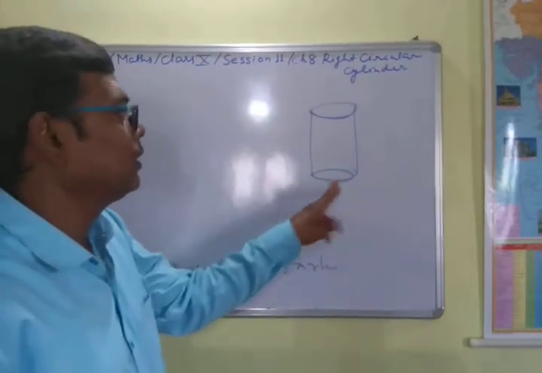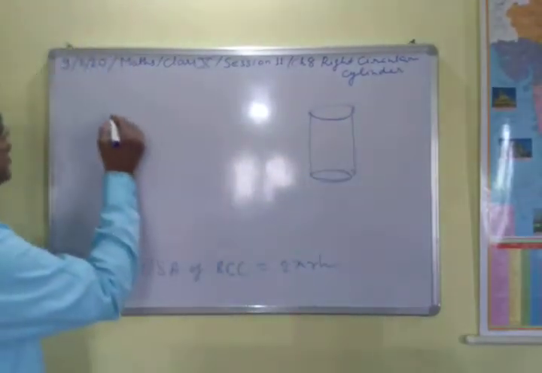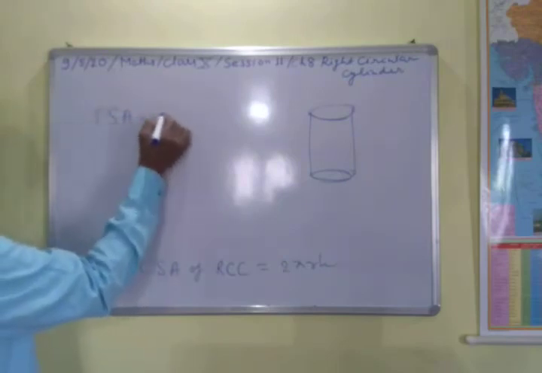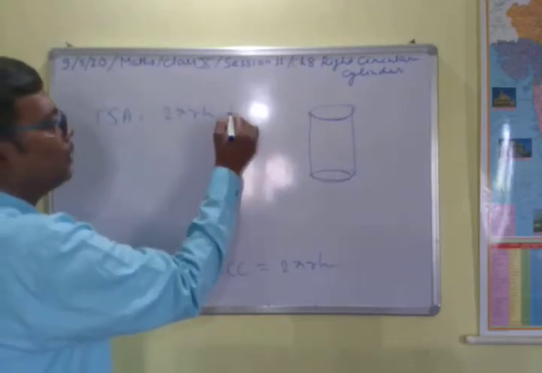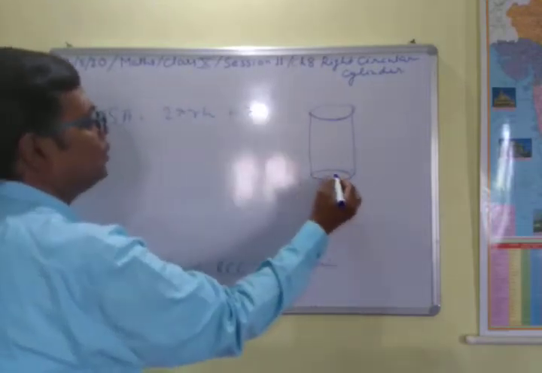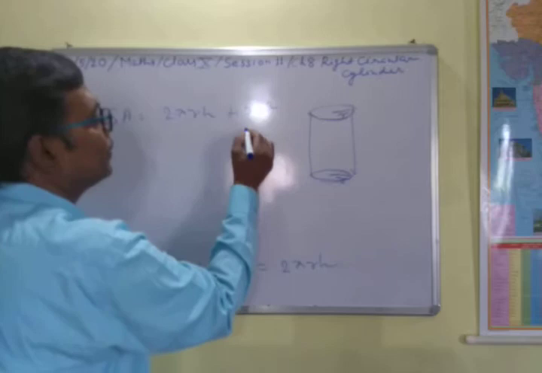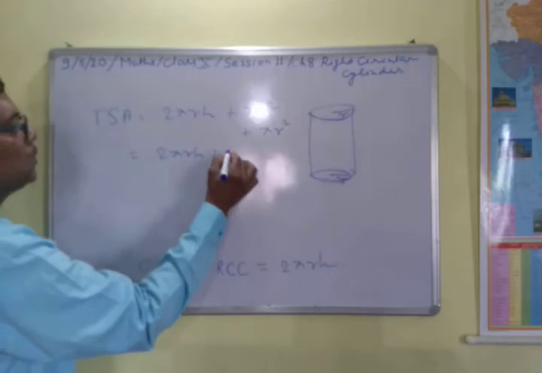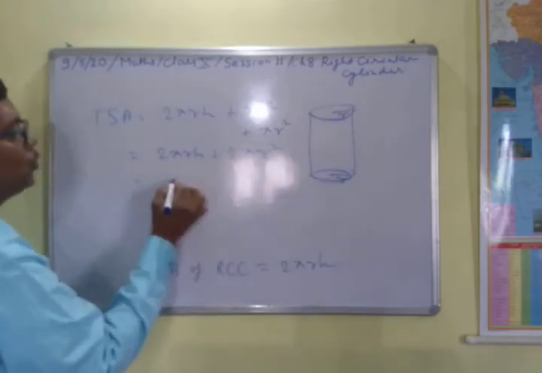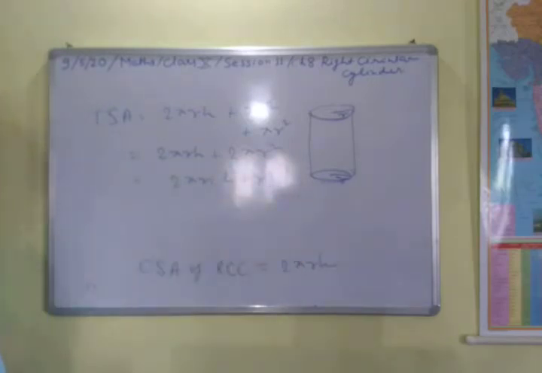That is, if the cylinder is covered, suppose both sides are covered here, then we have this surface also and this surface also. So the total surface area of the cylinder will be equal to 2πrh, that is the curved surface area, plus the area of the bottom. Suppose the radius is r here and here also r, that will be πr² plus πr². So the answer will be 2πrh plus 2πr², equal to 2πr(h + r). So this is the total surface area of a cylinder.